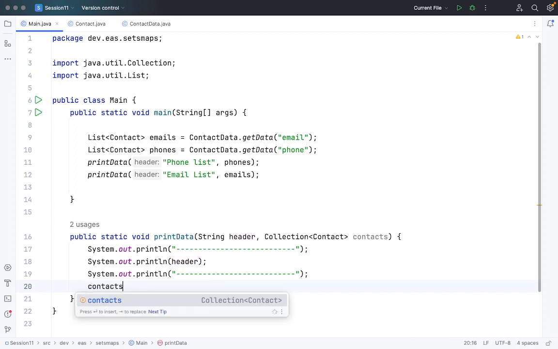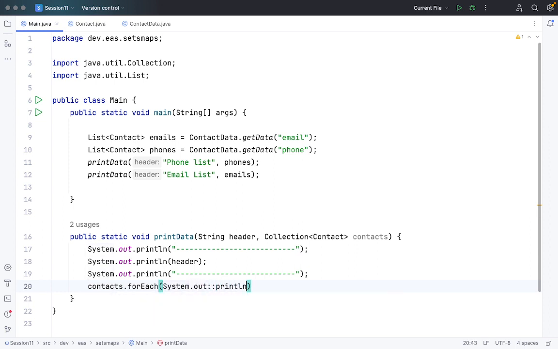So for contacts dot for each, system dot out. So for each element contact, I will just print it out. Okay, now if I just run this code,